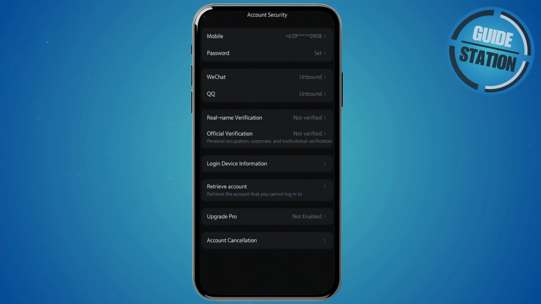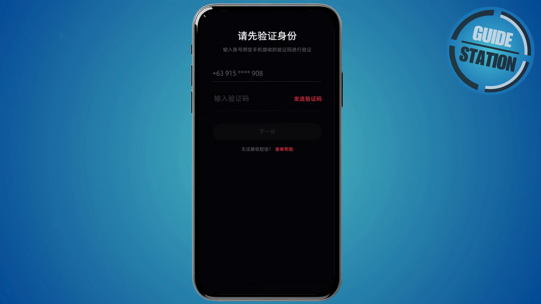Now in here, what we need to do is look for the option that says account cancellation. So usually it's going to be at the bottom of your screen. So go ahead and click on account cancellation and it should give you this UI here. Now, what you need to do here is basically verify yourself. So you need to log into your account just to make sure that it is really you who's accessing